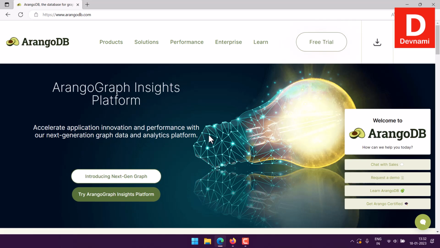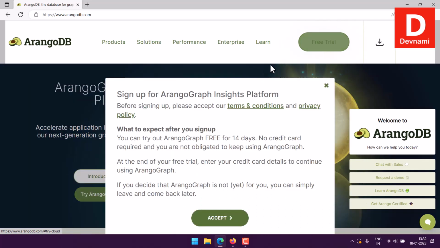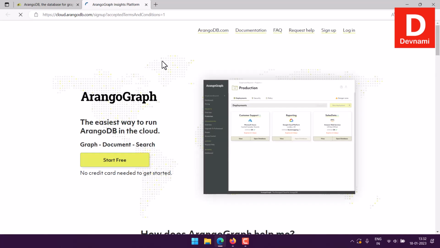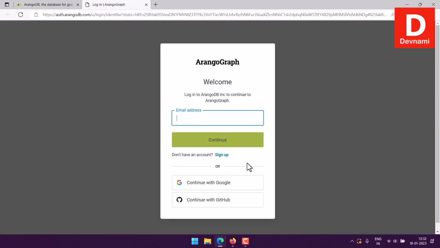So let's take a look at how you can use ArangoDB Cloud to use the notebook feature, right? If you sign up to ArangoDB, you can click on free trial, and here you see you have 14 days of account access for free, where you can deploy one ArangoDB instance. And for that you will first have to sign up, right? For example, you will have to give your email address and password, then continue,